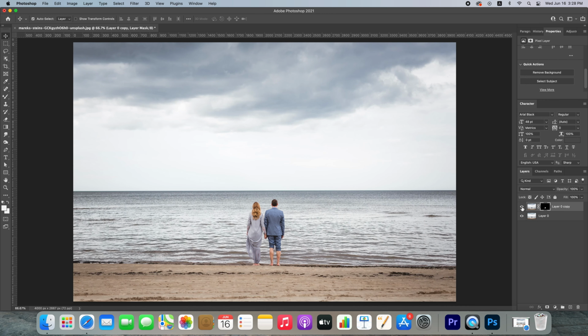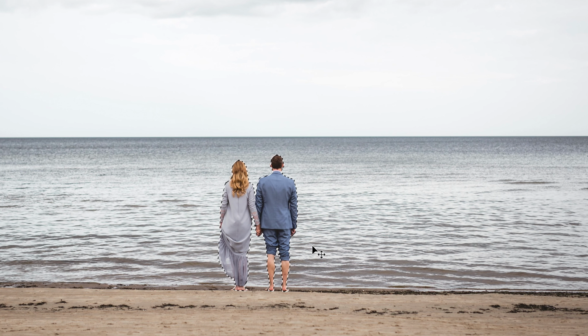Next, hide the upper layer, and then by holding Ctrl for Windows and Command for Mac, click on Layer Mask, so it will automatically select the image.